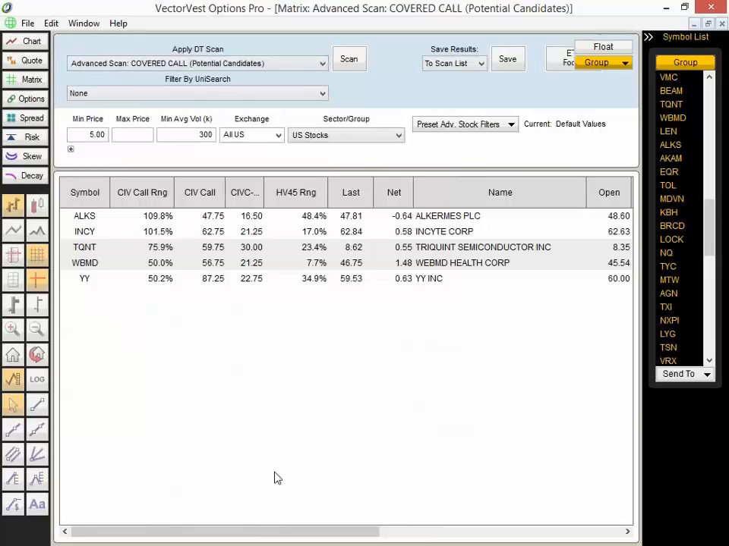Now, the covered call candidate scan is essentially looking for what we showed you earlier. We're looking for symbols that have a high implied volatility versus a low historical volatility. Now we can verify this. If I open up a chart, I'll just left-click on my chart,